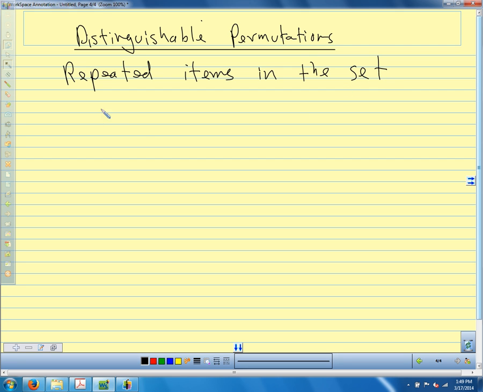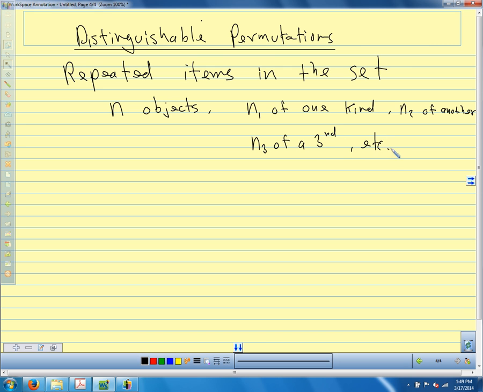So let's say our set has n objects, and we have n1 of one kind, n2 of another kind, n3 of a third, etc. The number of distinguishable permutations